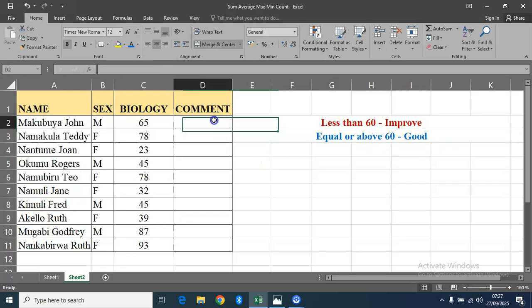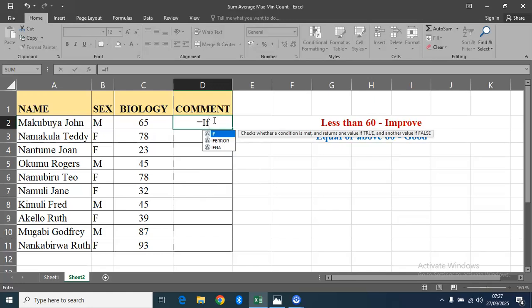So let us see how we can use our IF function to achieve this. First of all, we start with the equal sign. We type the IF, then we open brackets. Here we are going to use one logical test. We are considering this 65 as our reference score. So we open bracket, we click on 65, so cell C2. If cell C2 is less than 60,